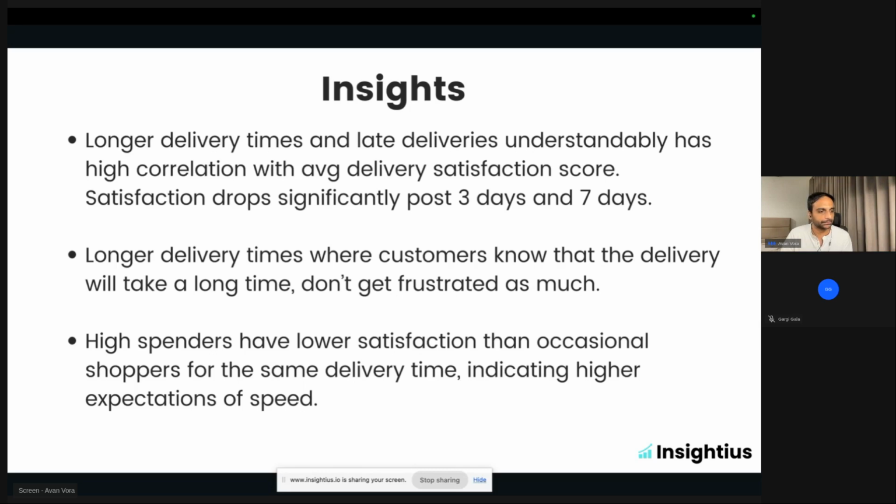Yes. What else? Because we saw that delays cause a lot of frustration, right? Delays cause a lot of frustration. What else? I think these are probably one or two last slides of the case. Okay. Question for you guys. For high spenders, partner with services that assure fast and safe delivery? Perfect. I think that is one of the recommendations I have on the next slide. Yeah, you got it. For high spenders, you have to prioritize faster delivery. Okay. Try to deliver before the expected delivery date. Yeah, very good. Very good point.